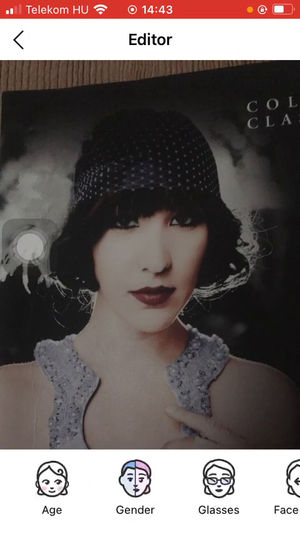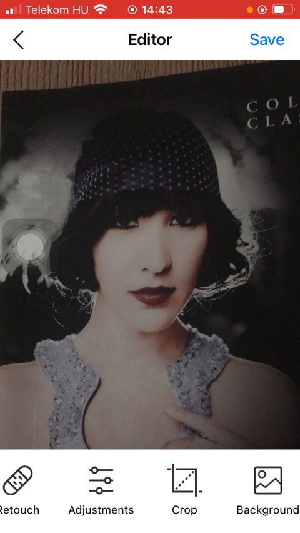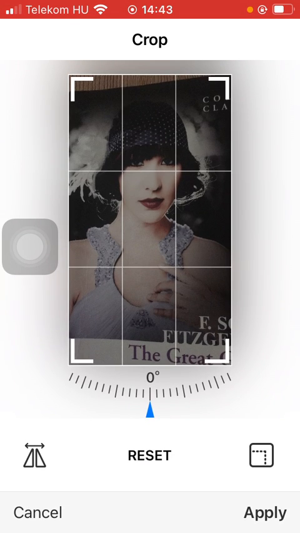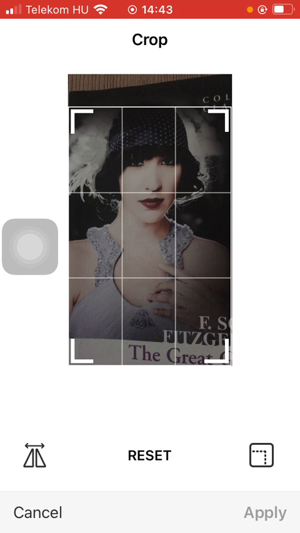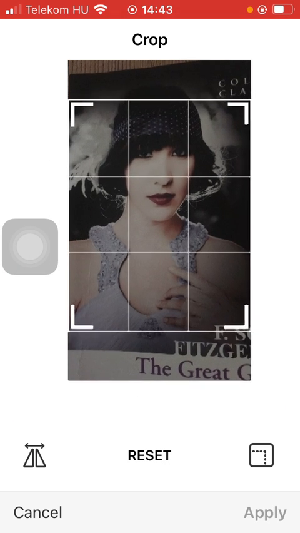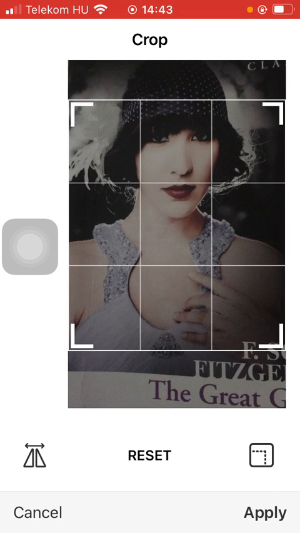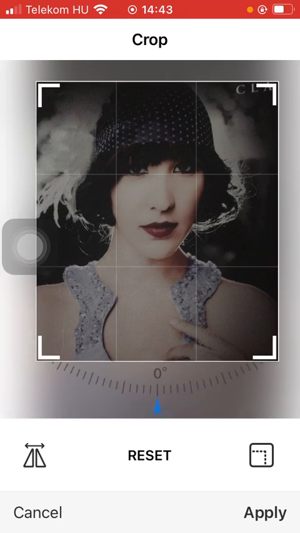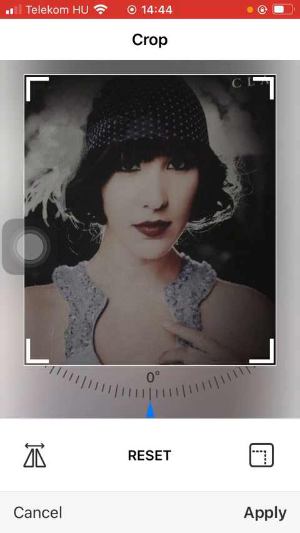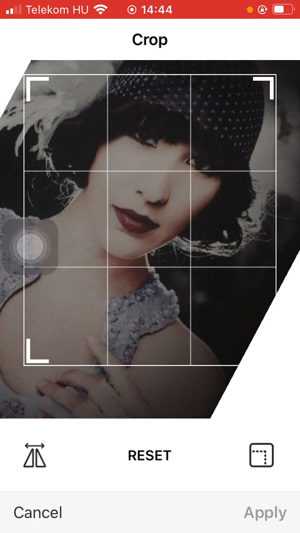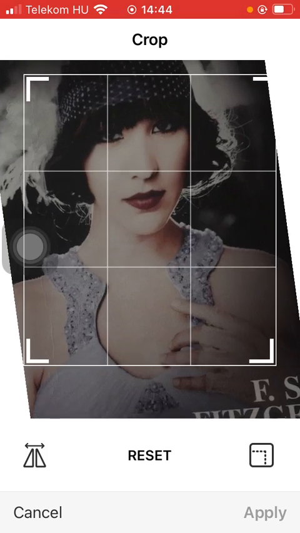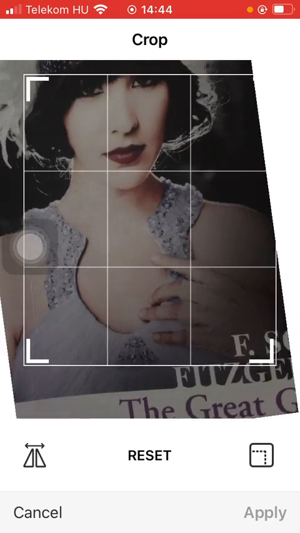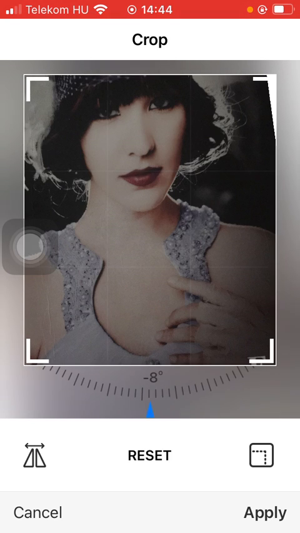After that, slide to the right side of the screen till you find this crop button, and here you can crop your picture by positioning this frame to the relevant part that you want to crop. So here you can see how it looks like. You have the chance to rotate it by the help of this section below the picture,